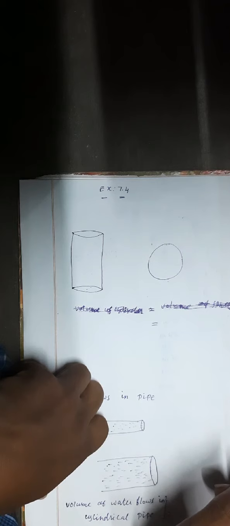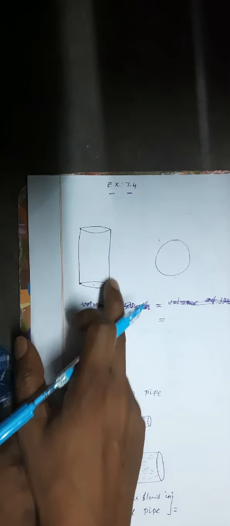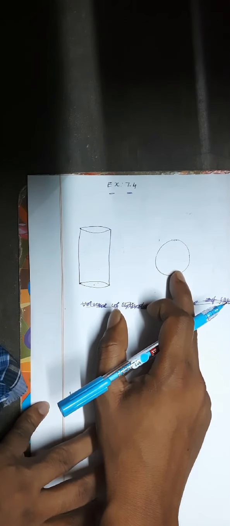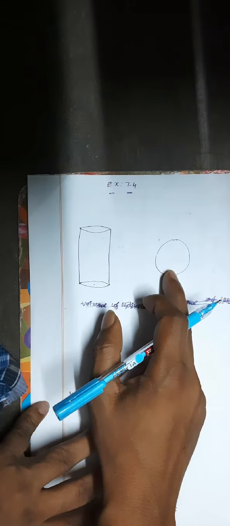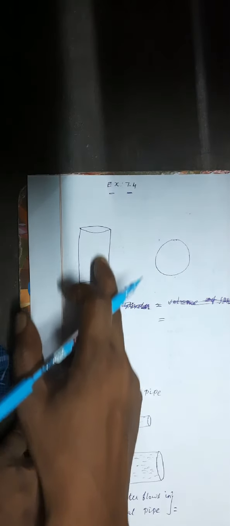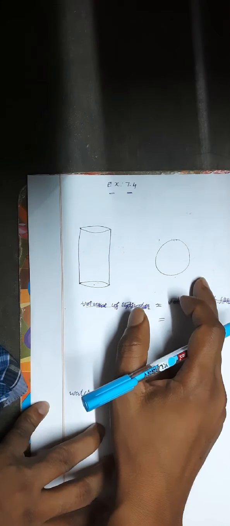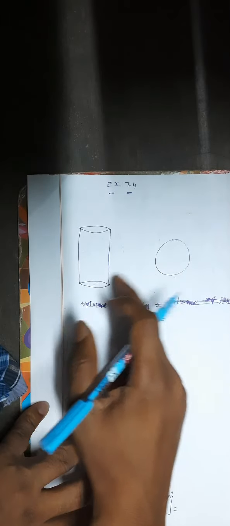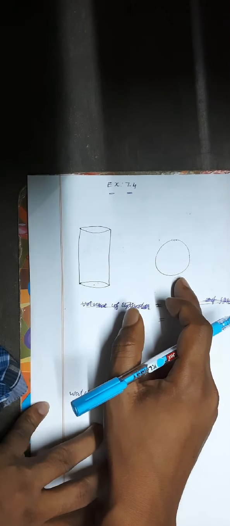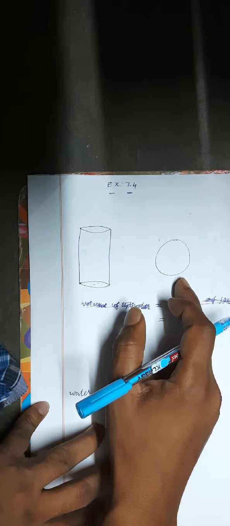So in this 7.4, what are the formulas we can use here? That formulas I will give introduction here. One student takes clay and makes a cylinder. That same clay is used by another student to make a sphere. Both students are using the same clay, the same weight of clay. Here weight is volume only, not area.